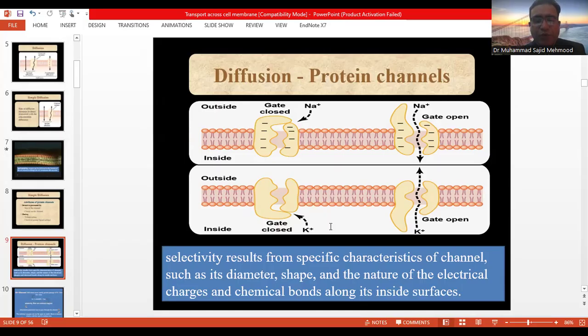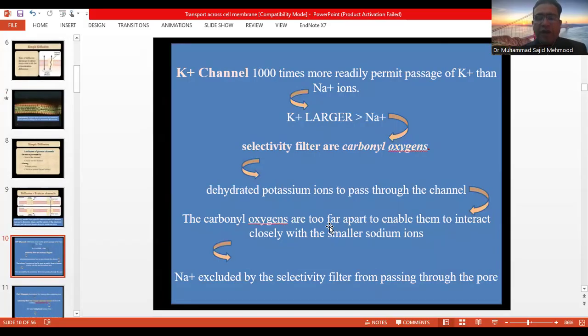Selectivity of these protein channels results from specific characteristics of the channel, such as its diameter, shape, and the nature of electrical charges and chemical bonds along its inside surface. तो ये तीन चीज़ें ज़्यादा इम्पॉर्टेंट हैं आयन चैनल की परमेबिलिटी को डिटर्मिन करने के लिए। एक इसका डायामीटर है, सेकेंडली शेप है, और थर्ड इसके अंदर इलेक्ट्रिकल चार्जेस और केमिकल बॉन्ड्स जो इनसाइड सरफेस पे प्रेजेंट होते हैं। तो ये चीज़ें डिटर्मिन करती हैं सेलेक्टिविटी ऑफ द प्रोटीन चैनल की।